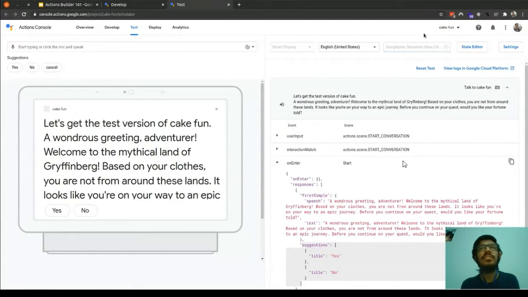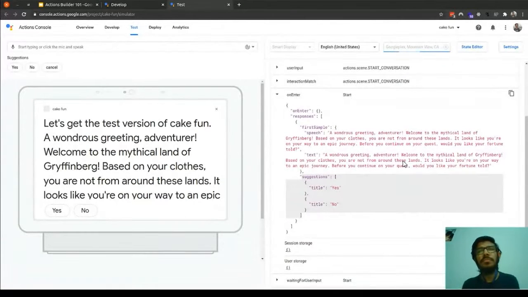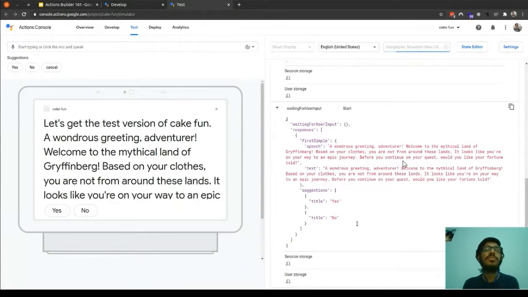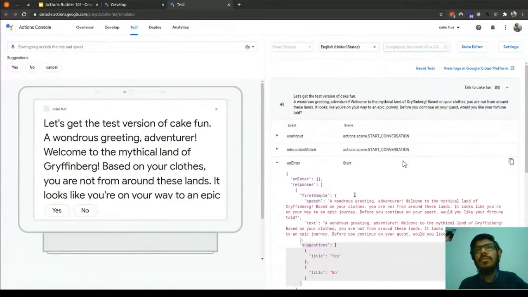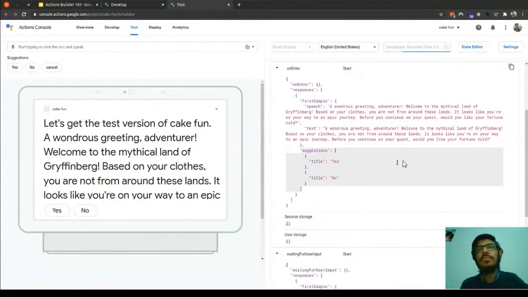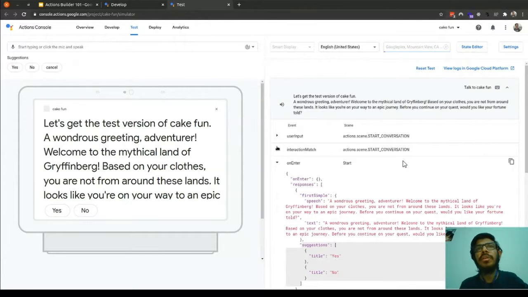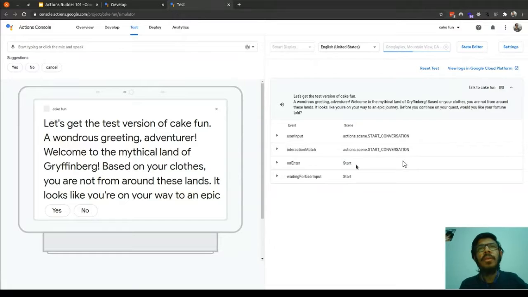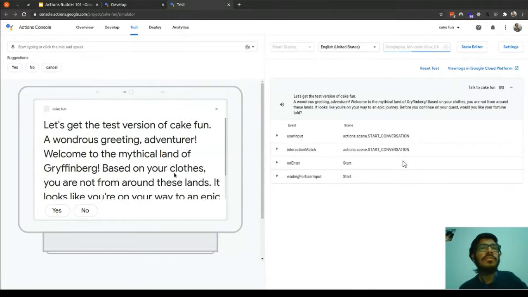So as you can see, this log is a great help while debugging this particular action. So please make sure that you explore by yourself. And in case you have any doubts, please make sure that you reach out to me, or you can even comment down in the chat. So this is a great tool for debugging purposes. Let me collapse. Okay, so let's try it out.